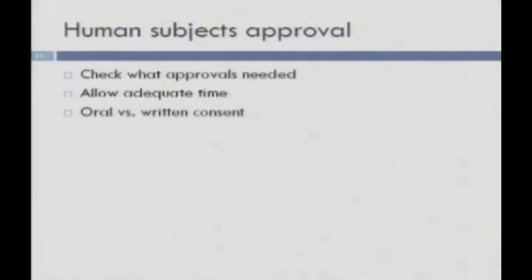I want to talk some about the approval process. Obviously, one thing that we're familiar with, and I'm not going to spend a lot of time on, is human subjects approvals. Those you'd think of primarily on the U.S. side, but there may also be approvals to go through in the country where you're working. They can take a lot of time, so it's important, when you work out your timelines and your plan, to budget for that.